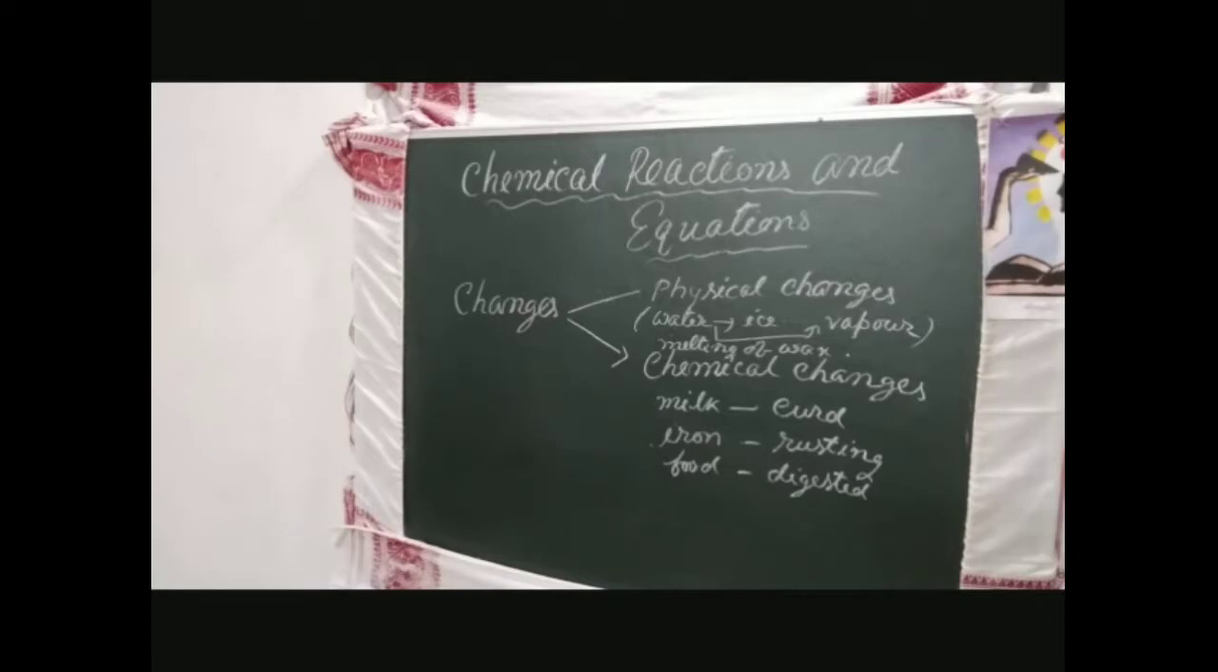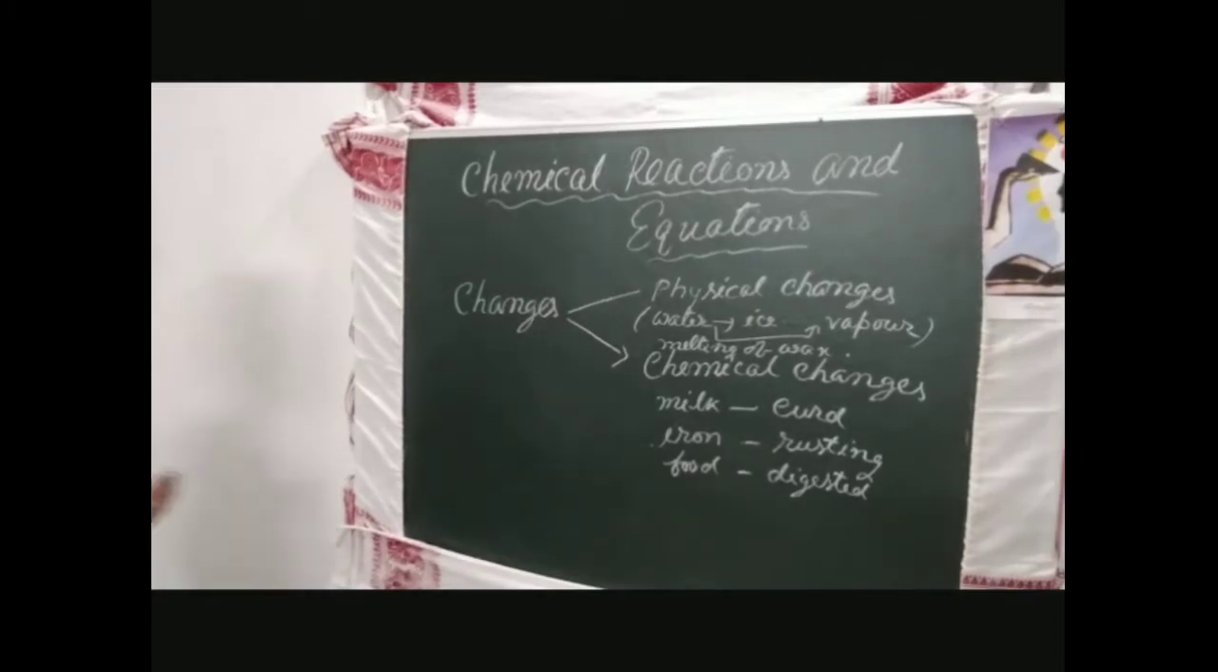Iron and rust are not the same thing. Iron is attracted by a magnet, but rust is not attracted by a magnet. Similarly, the digestion of food, cooking of food, fermentation of grapes, and respiration are all examples of chemical changes. So, students,